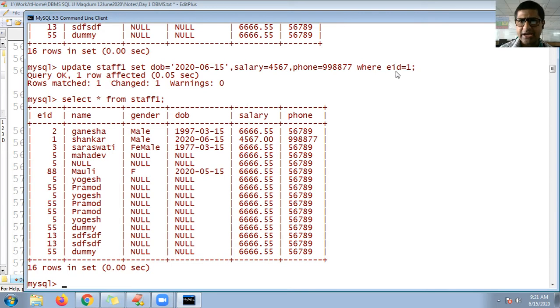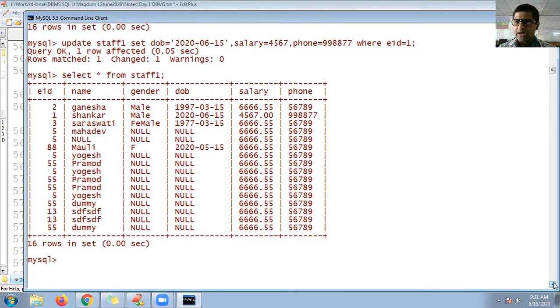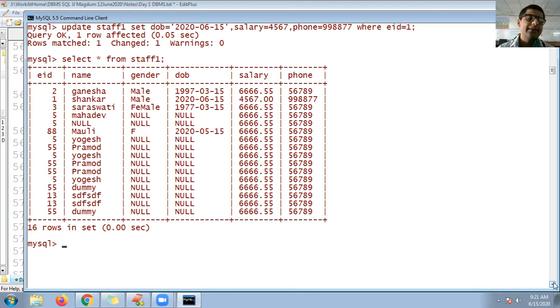Now this is for a specific id. Suppose now if you observe here, there are some duplicate rows: 55 promote, 55 promote, 55 promote. Any more 55? Yes, 55 dummy. Now I want to go for some more new query where duplicate rows, how they are affected. Suppose there are multiple rows whose matching IDs or matching conditions are same, then that update query will affect all the records wherever the condition matches. So let me go for that condition also.